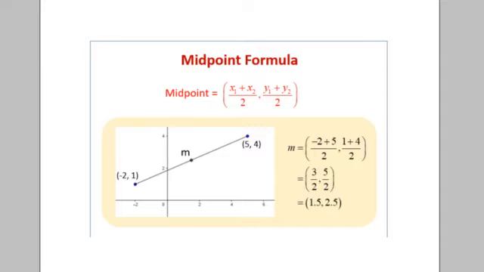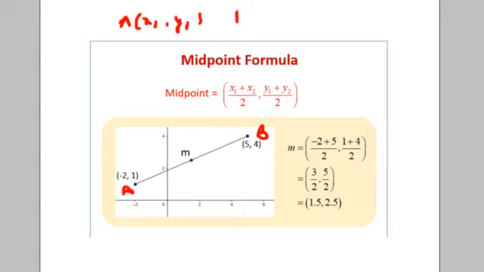Firstly, we'll be discussing the midpoint formula. The section formula is used to find the midpoint of a given line segment very easily. Here, if we take a line segment AB and M is the midpoint of the given line segment, then we can easily find the coordinates of the midpoint. If we take the coordinates of A as x1, y1,